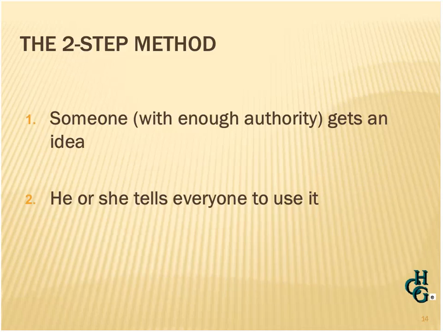So one of the easiest and most common methods is what I call the two-step method. Somebody with a bunch of authority gets a great idea and he tells everybody to do it. Admit it, everybody's done this. You needed to do something, so you did it. Sometimes this works great, but it really is a limited concept because people of authority often have a limited view of the organization. They might only see it at an upper level. But then people with a detailed view of the organization might have limited authority.